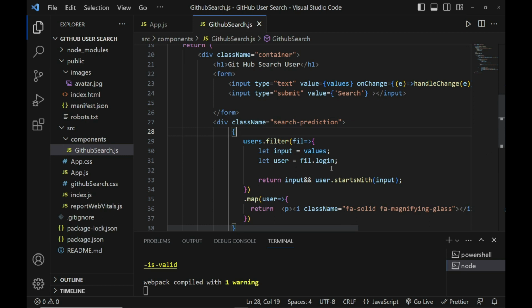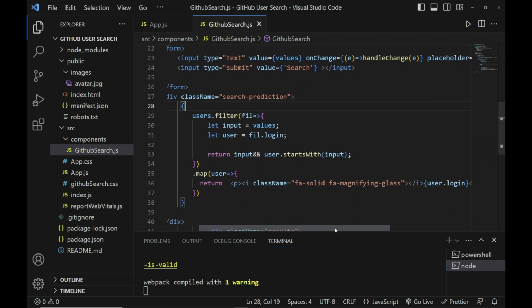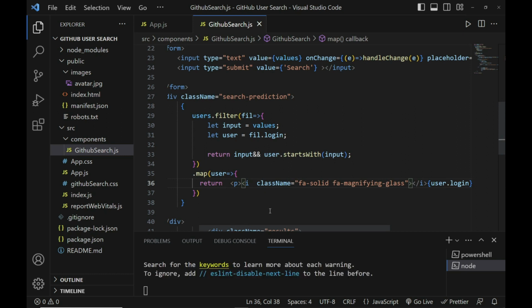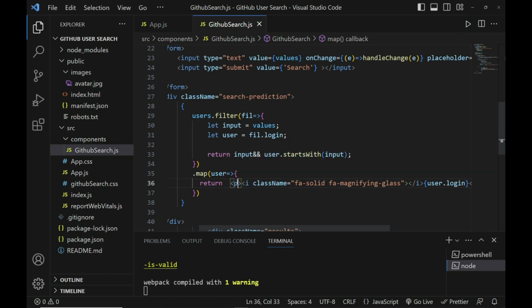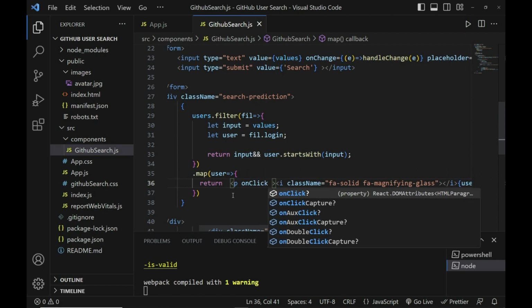Then I want to come to this paragraph element, and I want to put an event listener on click,